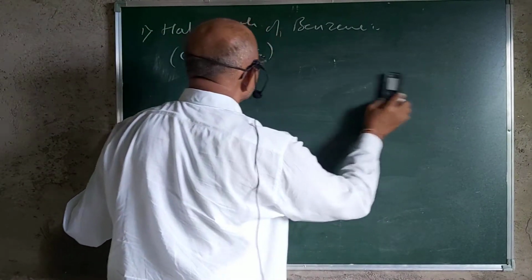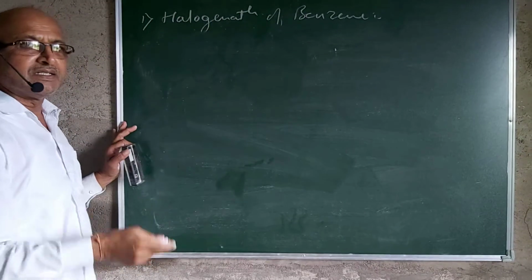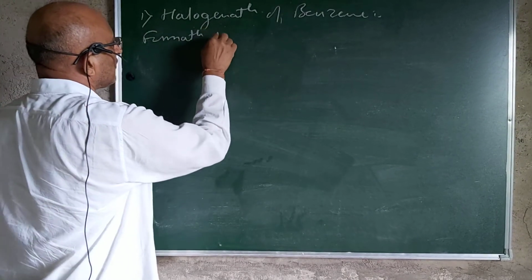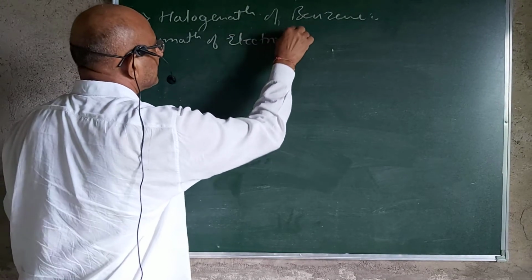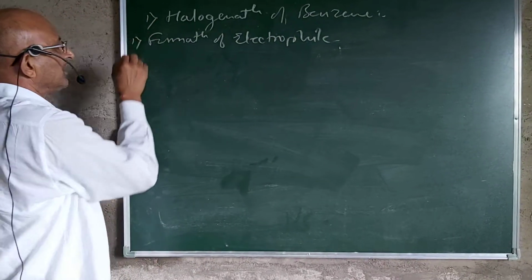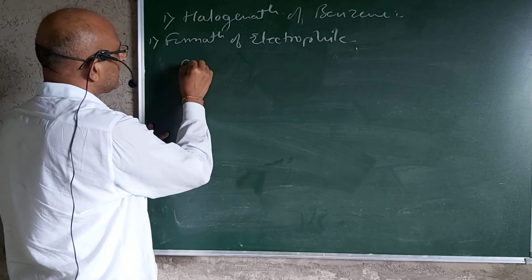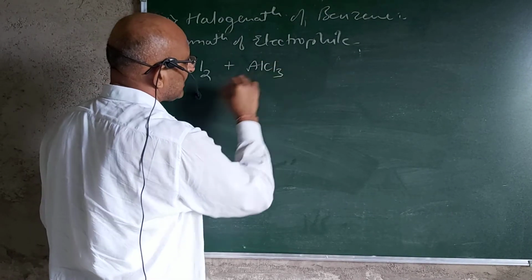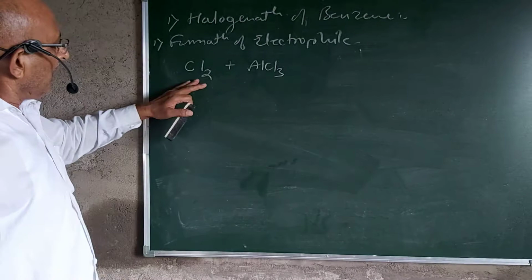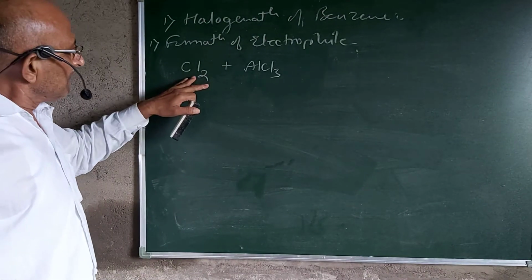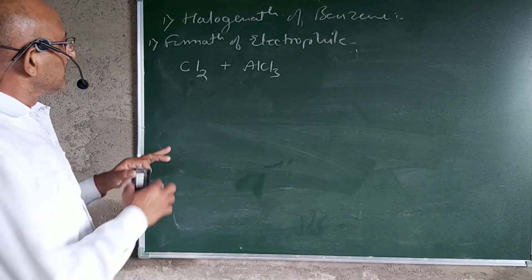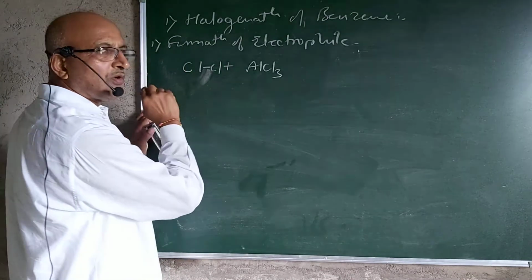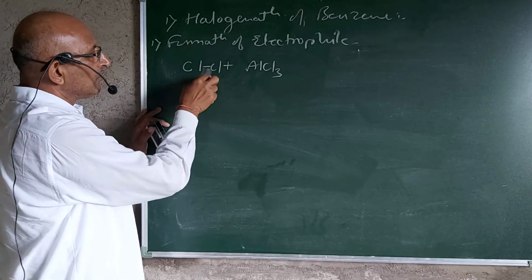Now, what is the mechanism? What is the role of Lewis acid in this reaction? So, the formation of an electrophile is the first step. But here the electrophile is going to be the halogen. And so, if you take Cl2, it is allowed to react with the Lewis acid, that is aluminum chloride. Now, what happens? The cleavage of the Cl-Cl bond is not possible. Means if we write it in this way, that is Cl-Cl, the two atoms are joined to each other by a covalent bond, which does not break easily.